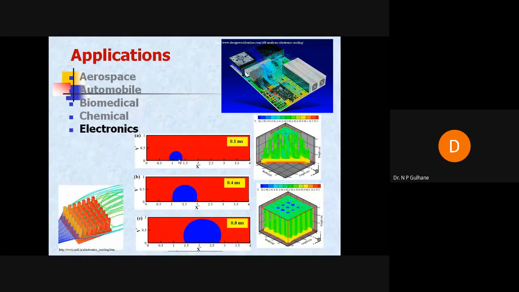So we want to identify the hot spot. We want to check what airflow is taking place over this pin, this PCB or this IC circuit. So we have to check what the flow behavior is inside this circuit, inside this PCB, inside each and every component. Now, when we are studying this, we should understand that we have to extract the heat from the substrate. This is a silicon substrate wherein all this PCB and all components are fixed. We have to extract the heat. That is called thermal management.